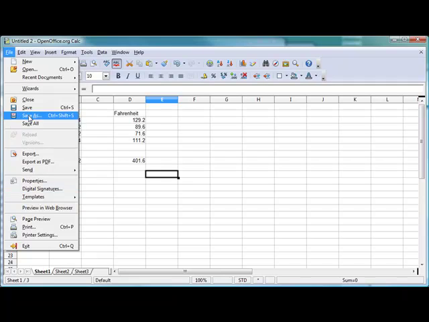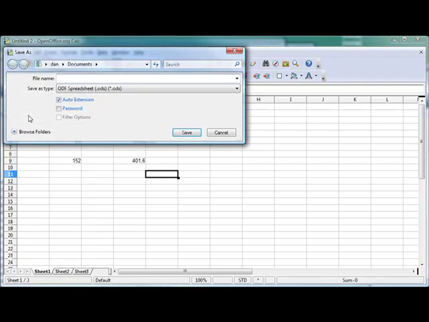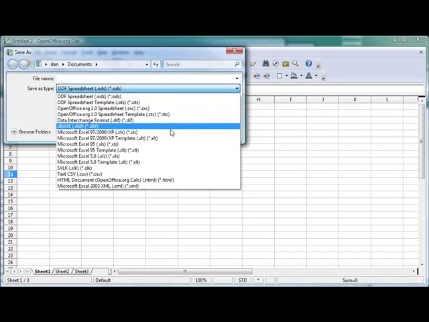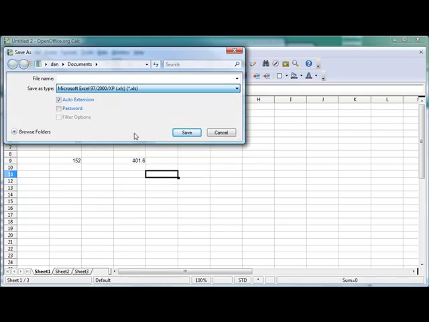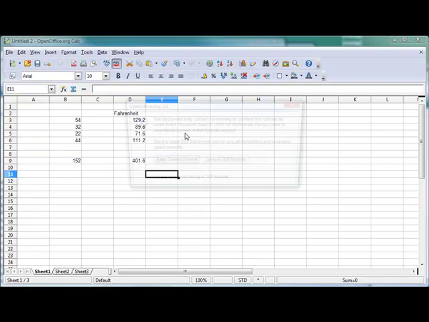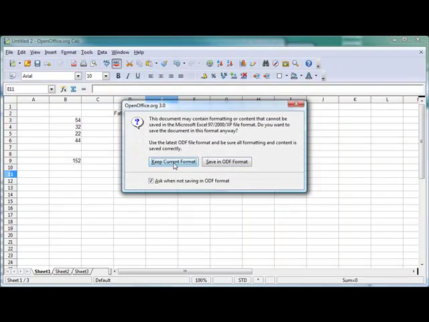So now what we're going to do is we're going to do a save. And when we do a save, OpenOffice will try and put it in what's called these open document formats, like an ODS for open document spreadsheet. But since the world mostly works in Excel, we're going to say, actually, let's save it in a Microsoft Excel format, XLS, and give it a name, and say save, and it's going to just save it. This is just an annoying little